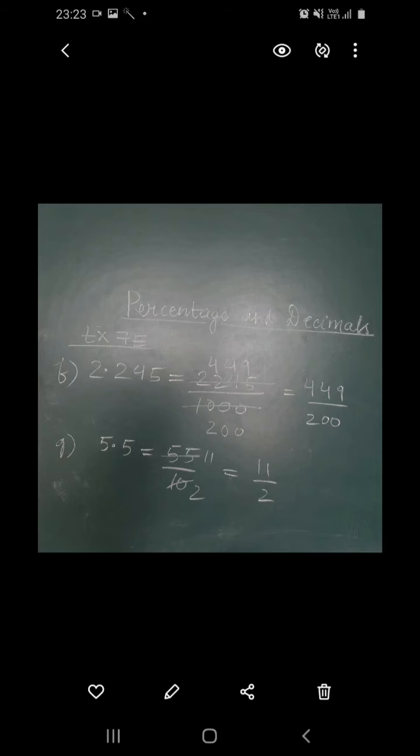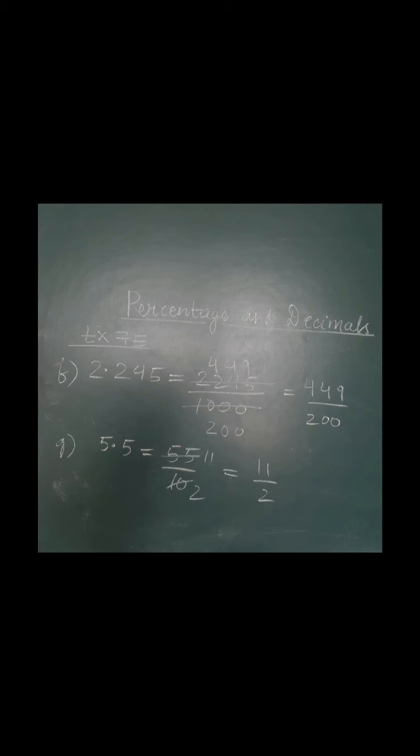Now I have solved the next option, that is option number F. It is 2.245. Since it is having 3 digits after the decimal point, in the form of fraction it will be written as 2245 upon 1000, right? Once we try to simplify it, 5 fours are 20 remainder 2, again 5 fours are 24 remainder, 5 nines are 45, and this 1000 will be simplified as 5 twos are 10, 5 zeros are 0 and 5 zeros are 0. So the final answer will be 449 upon 200.